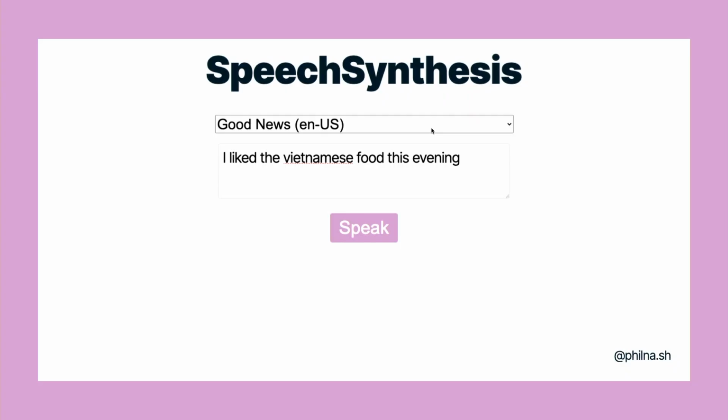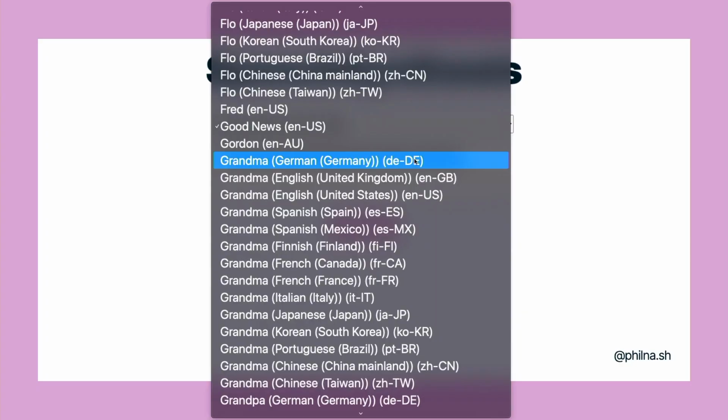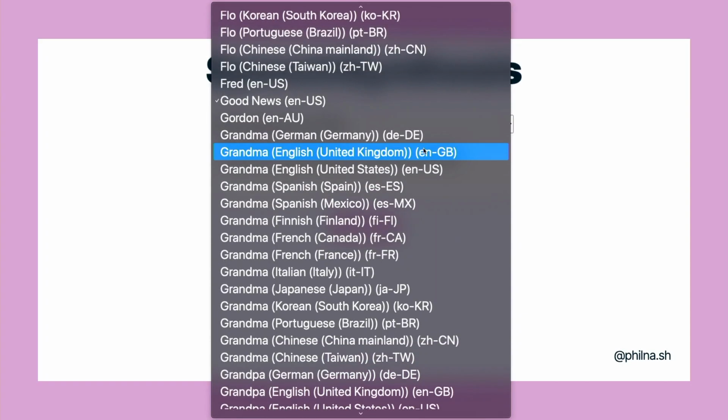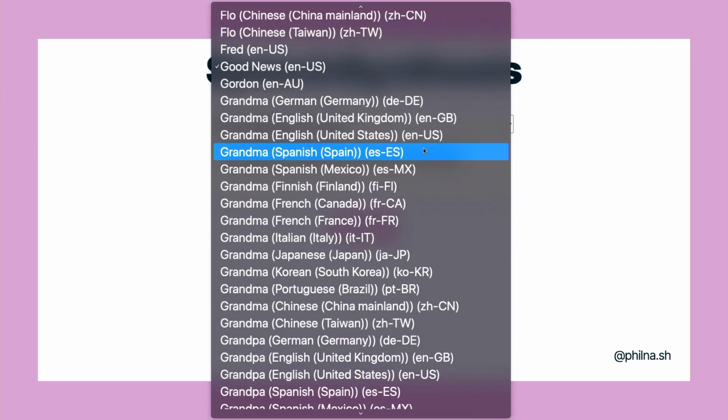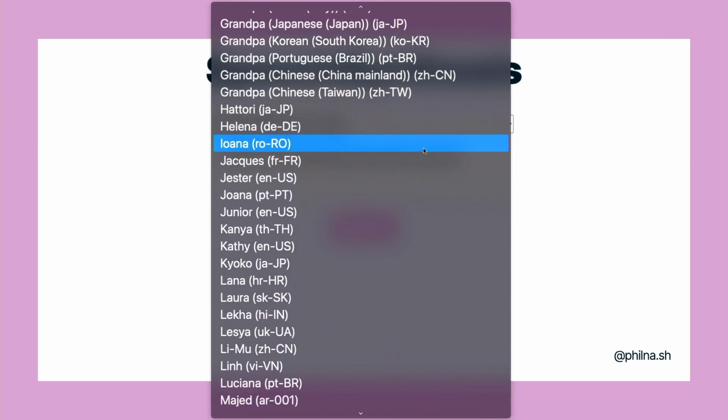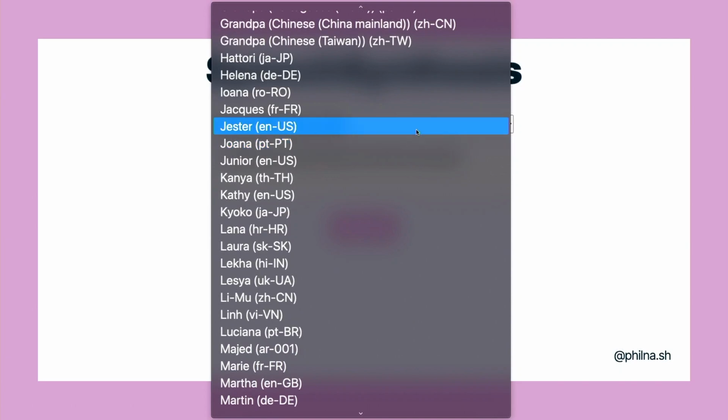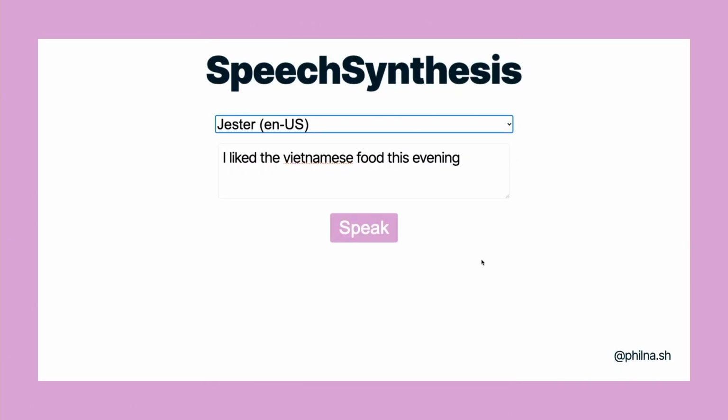It's glorious that people are going to love these voices. We're going to need these in the browser, in the operating system. There's an enormous number of grandmas and grandpas. They're not actually that good, so they're not fun to show. And then you get to the weirdest ones. My second favorite voice is called Jester. It is a US voice, and